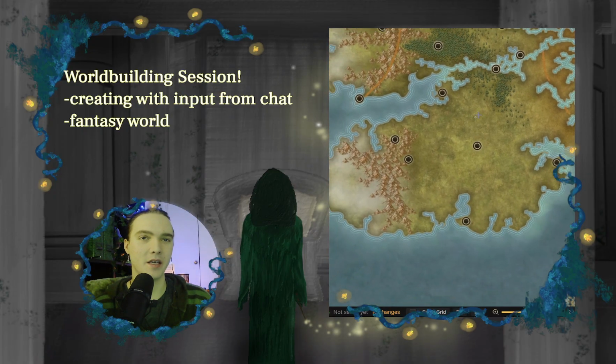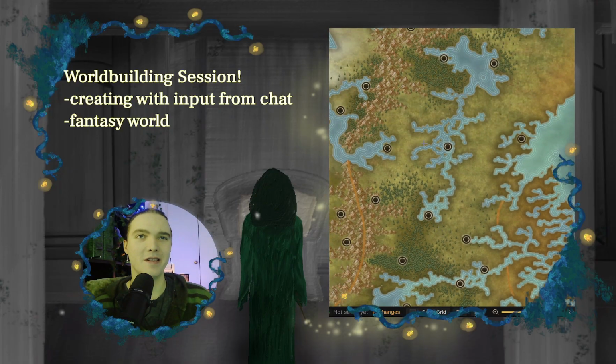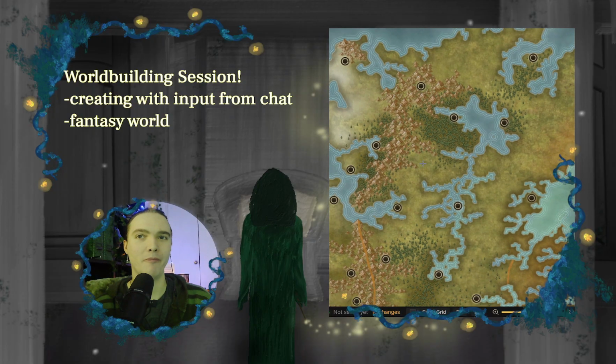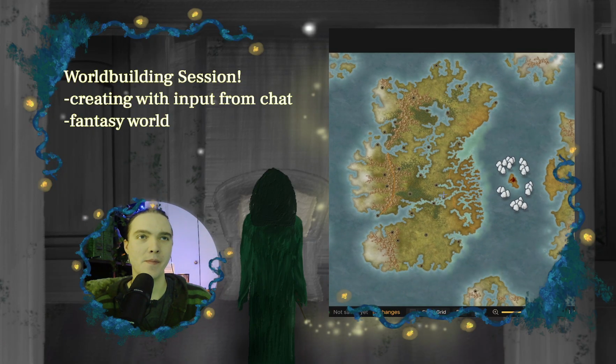And then we have this big expanse here. These are trickier. Let me look at this from big picture again. I think we can have this as its own little place up here. Maybe we include the little mountain bowl there.